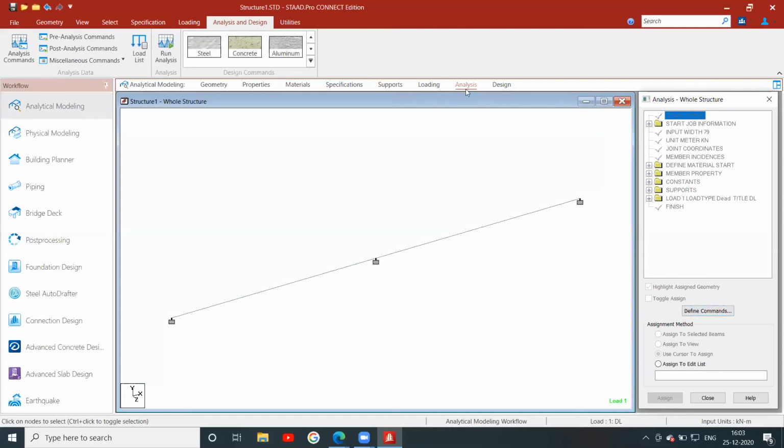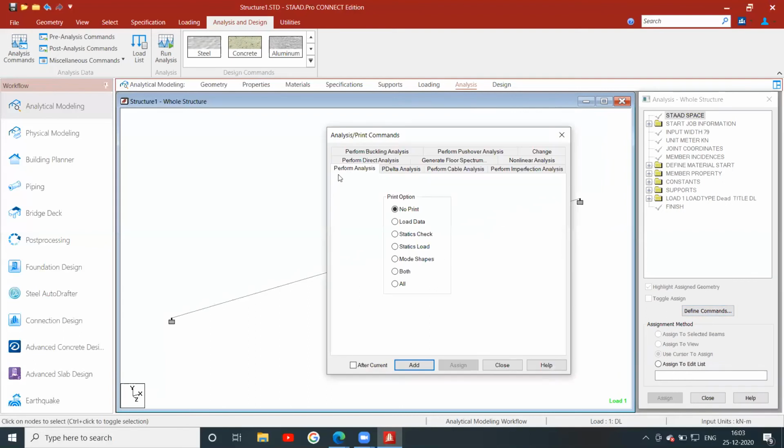Click the analysis button and define the commands. In this, you have to select perform analysis. You select all and add it.